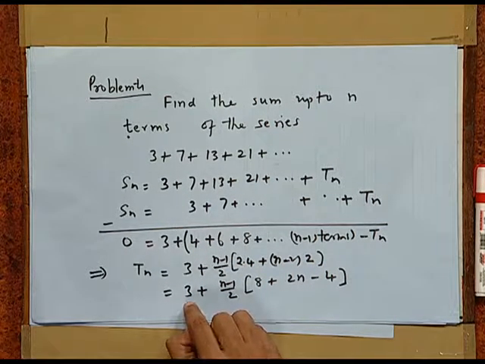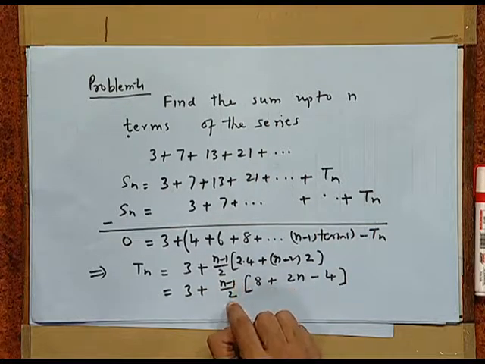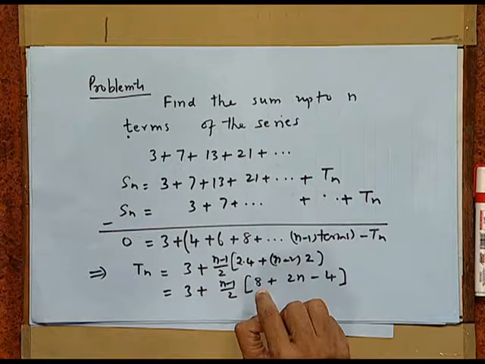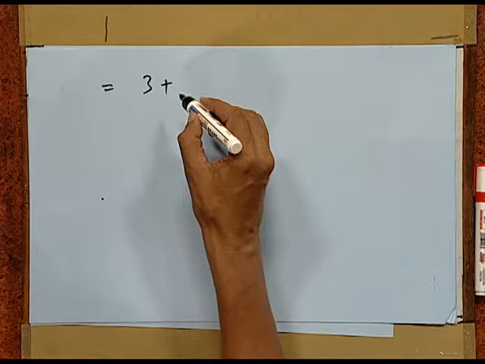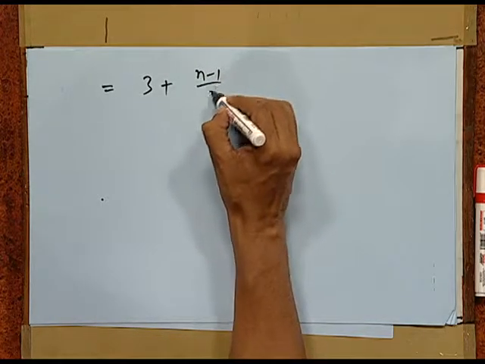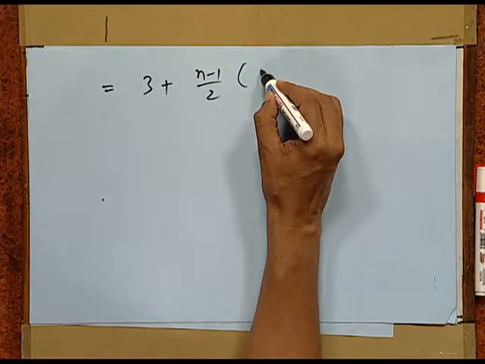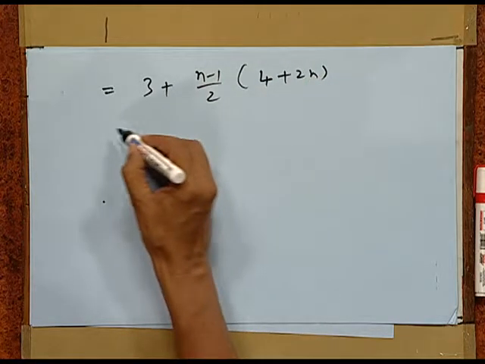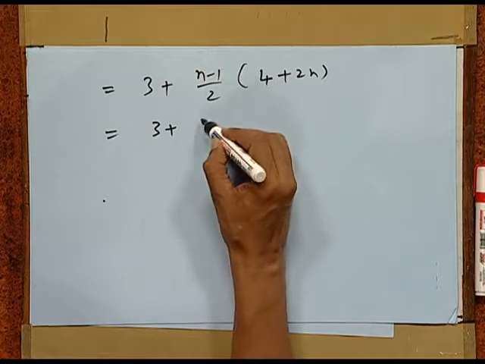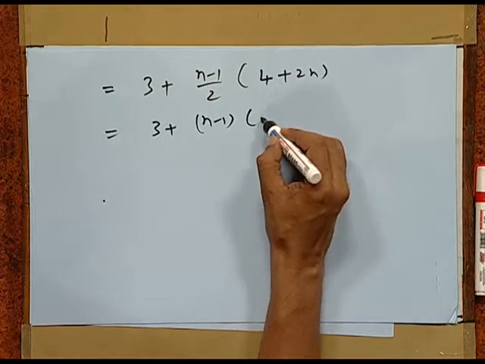This equals 3 plus n minus 1 by 2 times 8 plus 2n minus 4, which equals 3 plus n minus 1 by 2 times 4 plus 2n, that is 3 plus n minus 1 times 2 plus n,